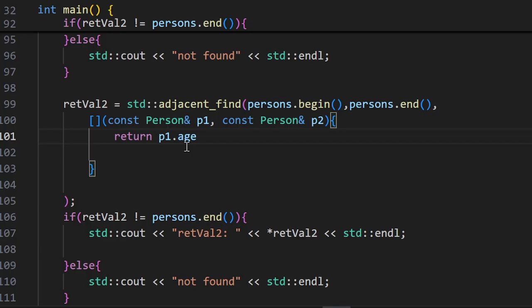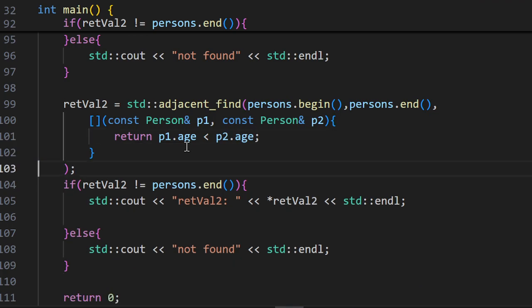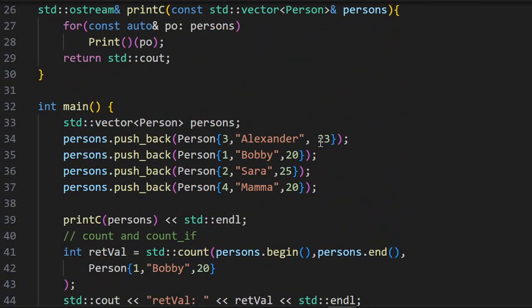If the first age is less than p2 dot age, then it will see whether there are two adjacent objects where the first object has the age which is smaller than the second object. If you look into the data here, this is not an object which has smaller than second object, but this is an object which has smaller than second object. But let me have this smaller at this point, so make it a bit